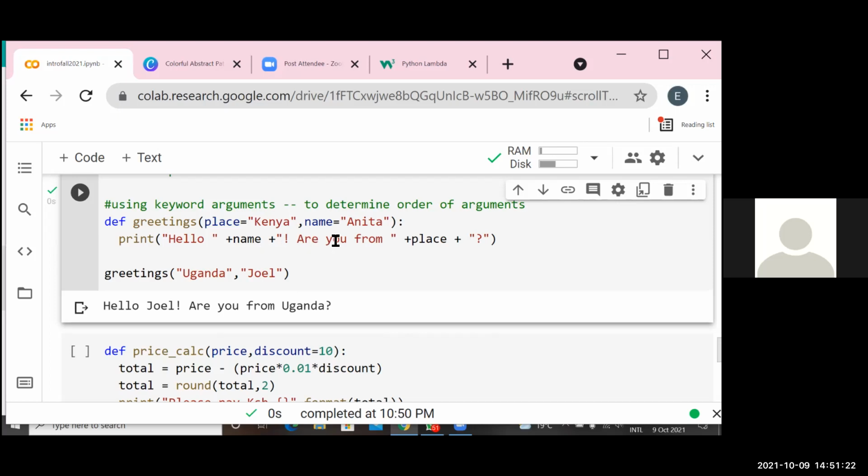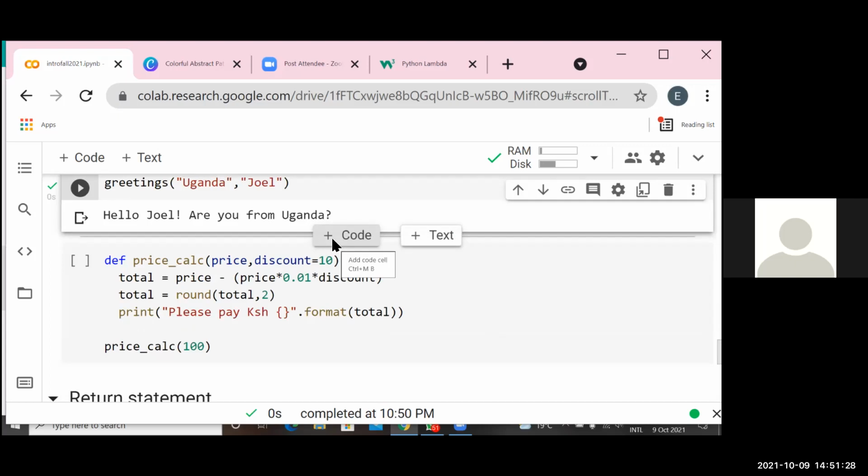So let us look at some kind of practical thing that you can do with this. So maybe you want to calculate price. And maybe you are told, okay, they're giving 10% discount for items. So you create a function, say the price can vary, no? Any price of an item, but the default discount is 10%. So you can now do any kind of code that you want to work here.